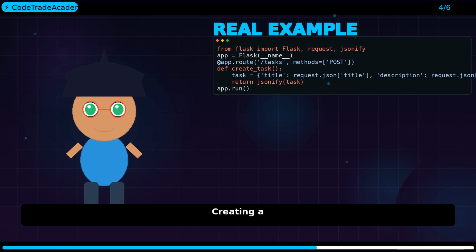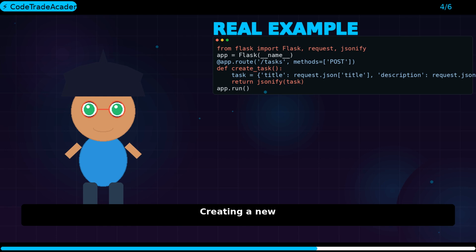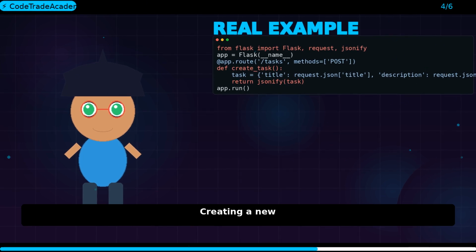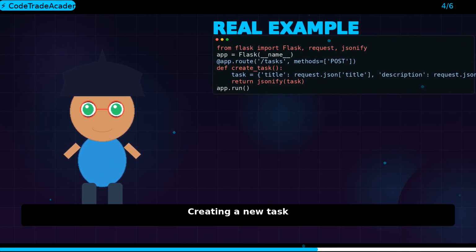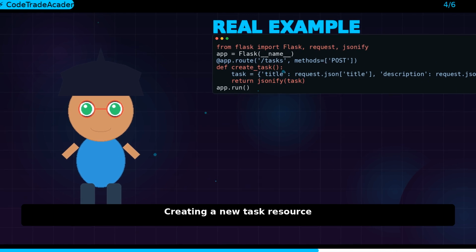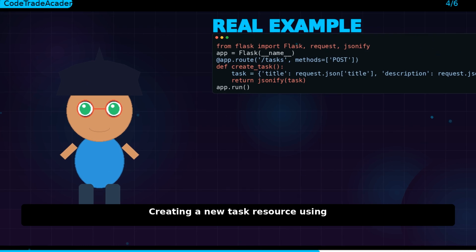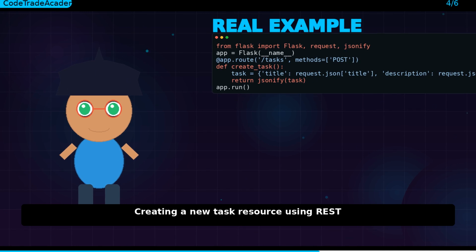Here's an example of how we can do it using Python and the Flask framework. from flask import Flask, request, jsonify; app = Flask(__name__); @app.route('/tasks', methods=['POST']); def create_task(): task = {'title': request.json['title'], 'description': request.json['description']}; return jsonify(task)